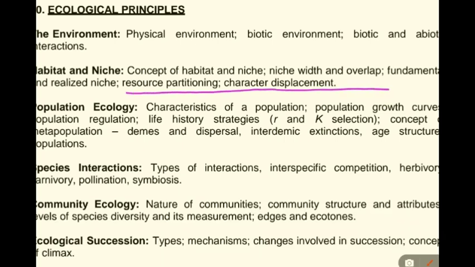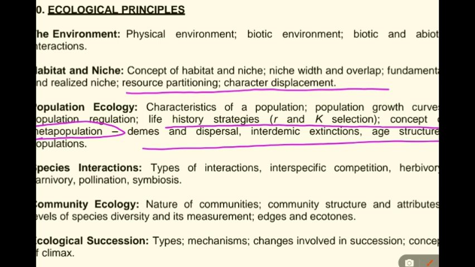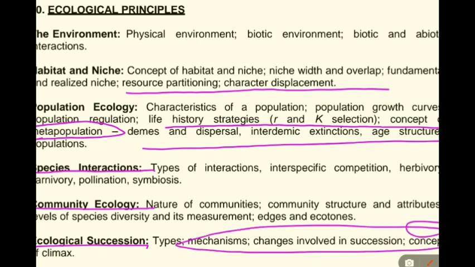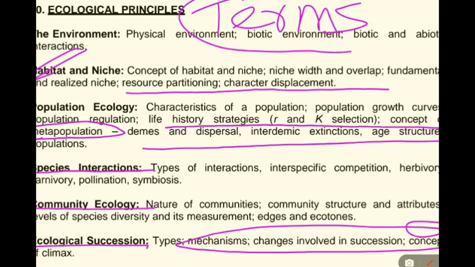Resource partitioning, character displacement, history of strategies, r selection, K selection, concept of meta-population, dispersal, species interactions, community ecology, ecological succession, how the succession starts, various models that support ecosystem, basic terminologies. What is habitat? Start from scratch. What is habitat? What is niche? What is ecosystem? What is biome? What is biosphere? Start from scratch and end in species interaction,